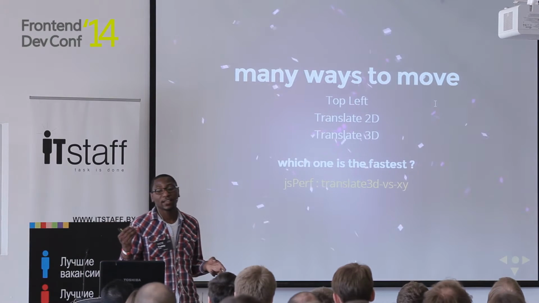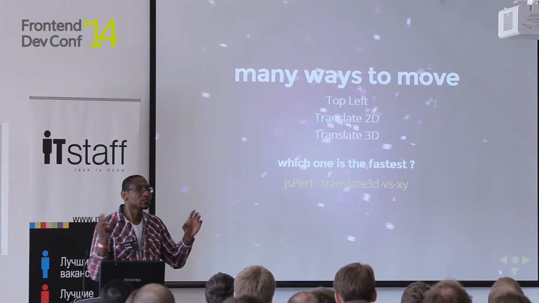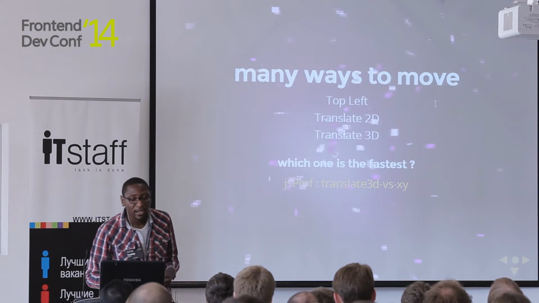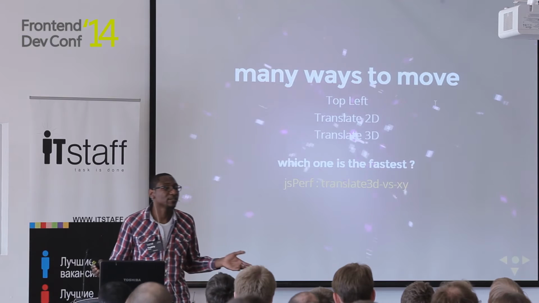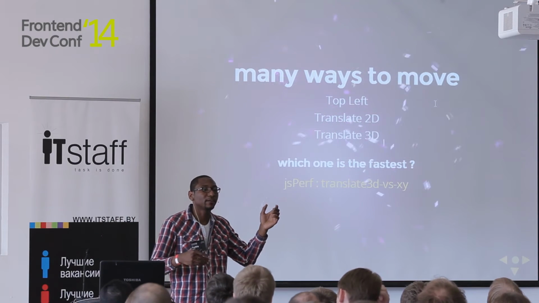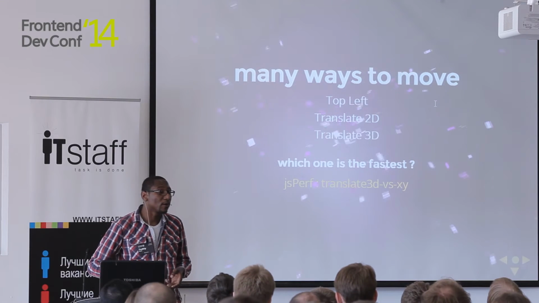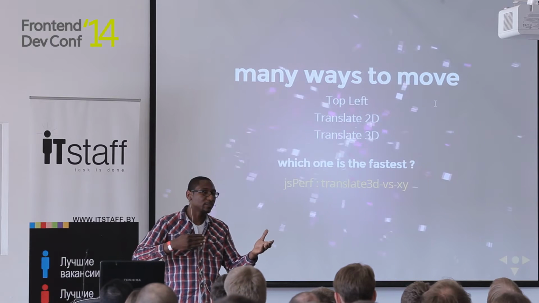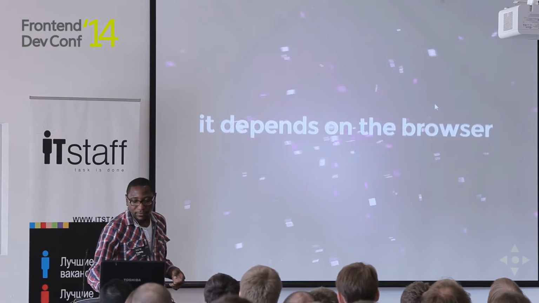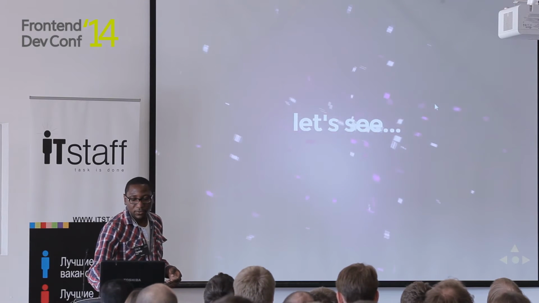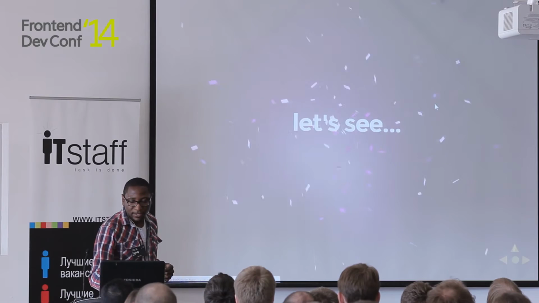So I can make my particles move with margin or padding, but it is too slow, so I put them away. According to the JS perf that I have linked, it depends on the browser. Firefox really likes translate 3D. I know that top left is really fast on Chrome, and so you have to adapt your way of animating depending on the browser you are working on. And so we will try to see how it works on this browser. I guess it's Chrome, and we have